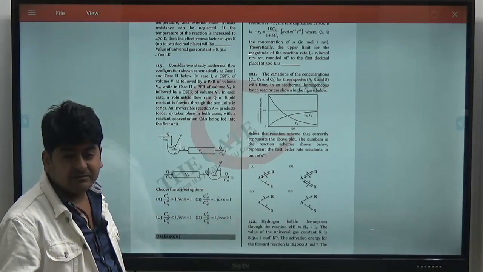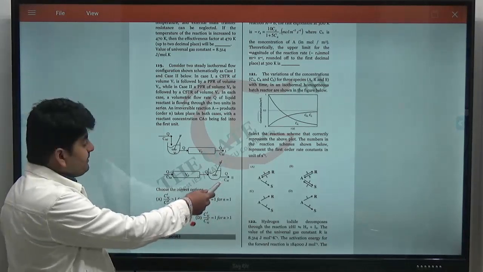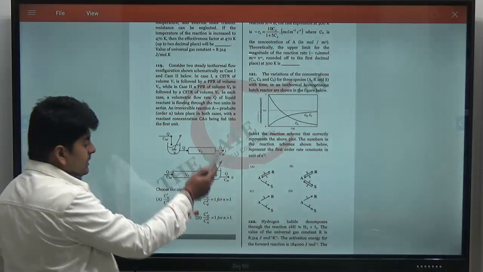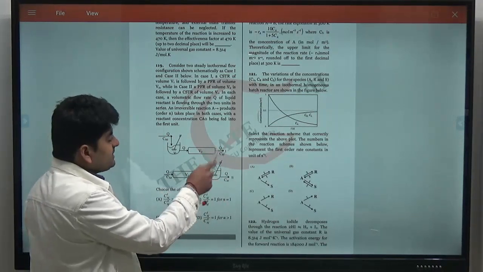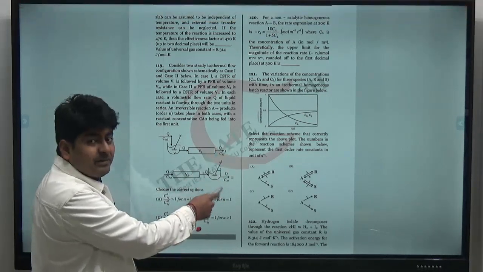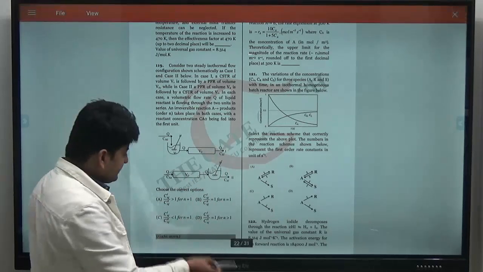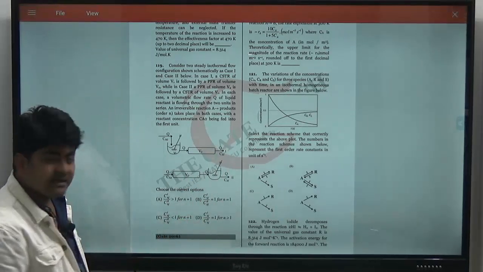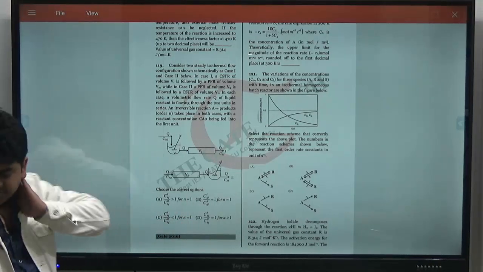For n greater than 1, late mixing is preferred. So here conversion will be more, here conversion will be less. Here conversion is more, so concentration will be less. Here conversion is less, so concentration will be more. So their ratio will be greater than 1, but they are saying equal to 1, so it is incorrect. Similarly, you can see for all other options. Anyways, so I hope it is clear.